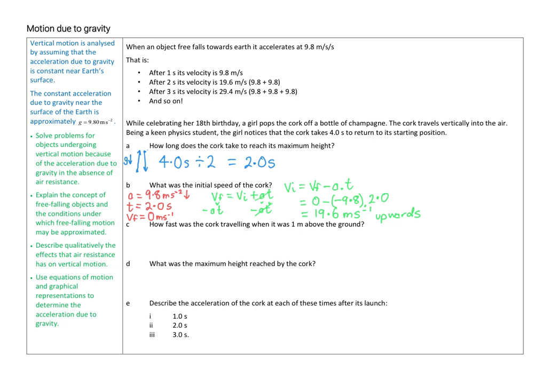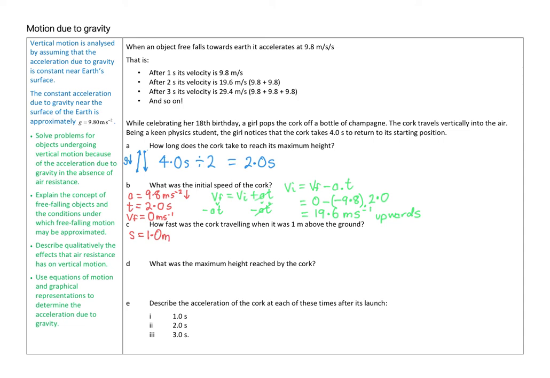So that's how we work out the initial speed of the cork. Now, let's say we wanted to know how fast was the cork travelling when it was 1 metre above the ground. Well, using the same information we have there, but we now know... Sorry, muted my microphone accidentally again. So we now know in this case that the displacement for this part is 1 metre,